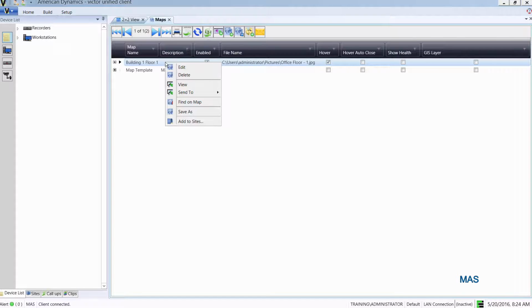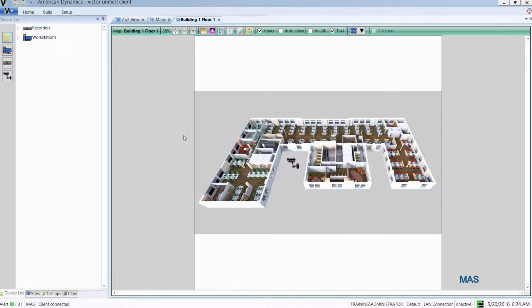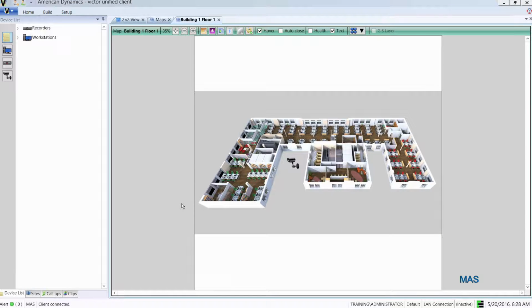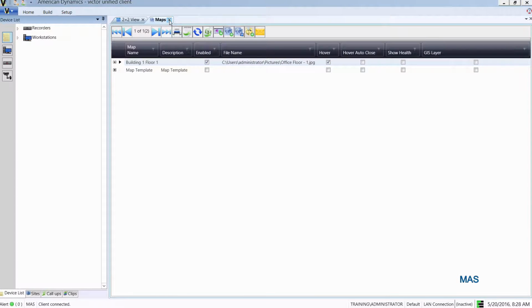I can right click on it and I can choose View. It's going to open up that map and we can see the facility there, and we have full control over this map on the MAS, so we can hover over icons and see live video, for example. What I'm going to do though is I'm going to close out of this map. I'm going to choose the Build tab,